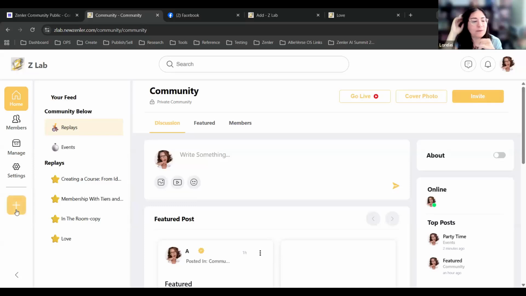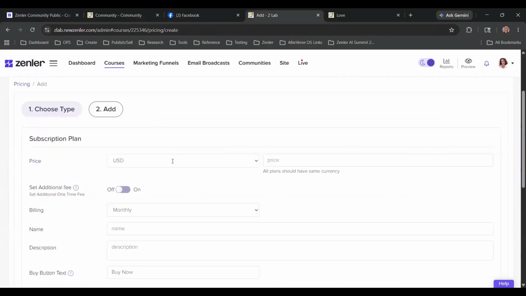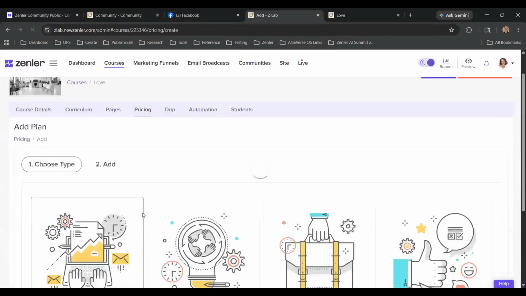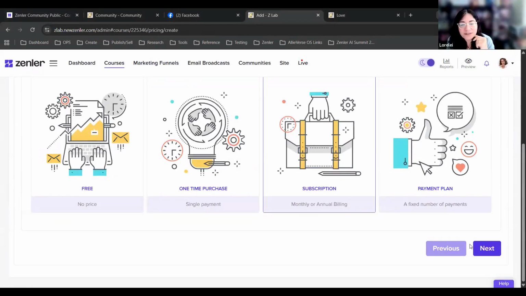You create a community right here on this button. You have to create the community first, and then when you go to the pricing, you choose that community from the drop down. I can get a new one because I didn't have it selected.